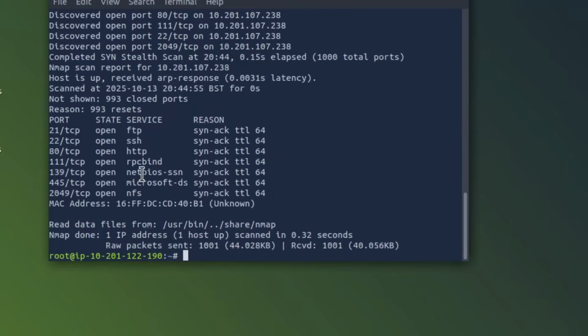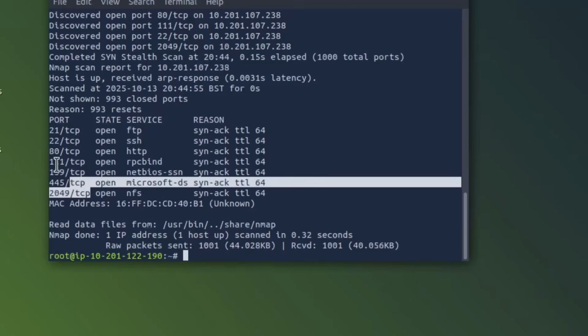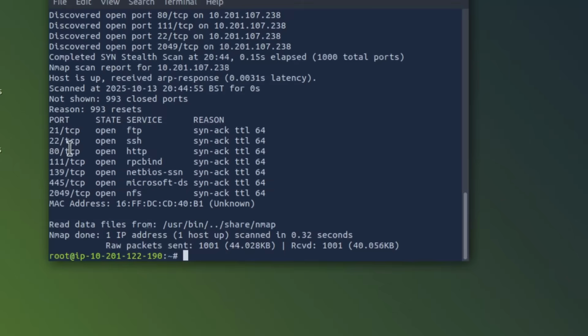So now we actually get to see that there were 993 closed ports, and it scanned 1,000. So you just subtract 993 from 1,000, which means we have 7 that are on this list. So 1, 2, 3, 4, 5, 6, 7. 7 ports are open, and we have the FTP service, SSH, HTTP, RPC, NetBIOS, Microsoft DS, and NFS. So the network file share, and then you have